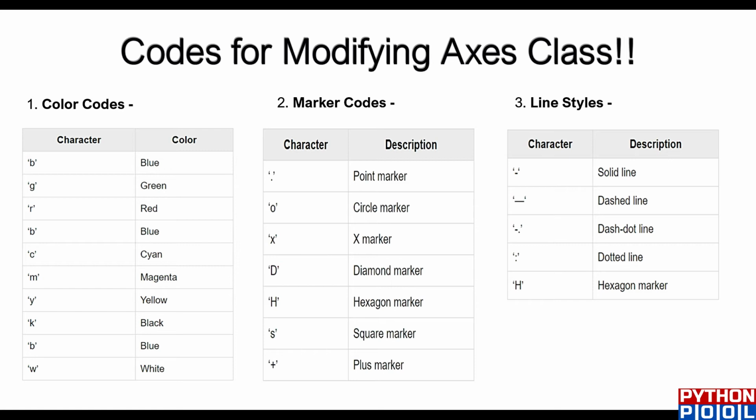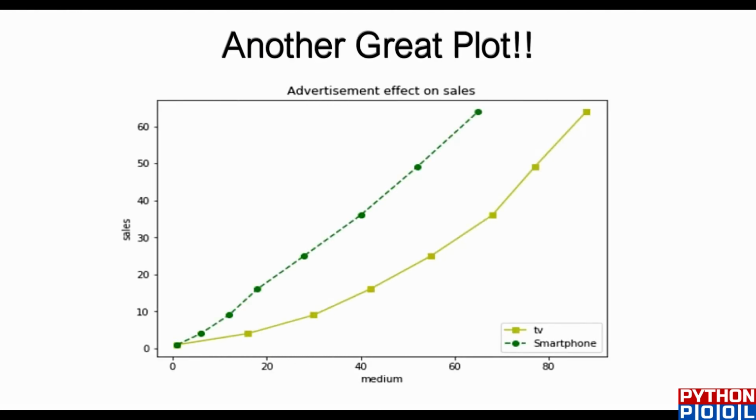And another one is line style, how nicely I'm going to represent my graph, whether it should be a solid line, a dashed line, or a dotted line, as we discussed in the pylab module. We discussed it very easily, but that was not how we use it in real life. What we use in real life is the object-oriented interface. So for that, we have other color codes, other marker codes, and other line styles, and they are defining types. So now let's create this type of graph using the object-oriented interface and the pyplot module in Matplotlib.